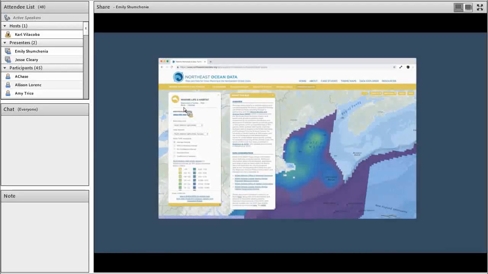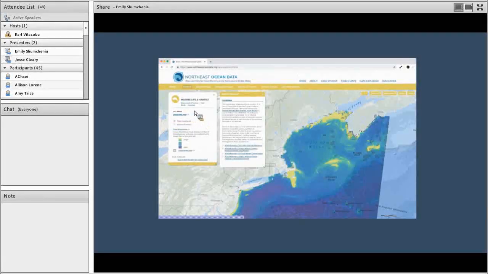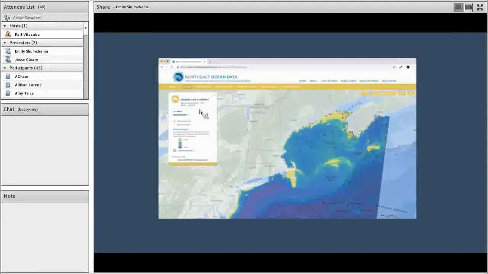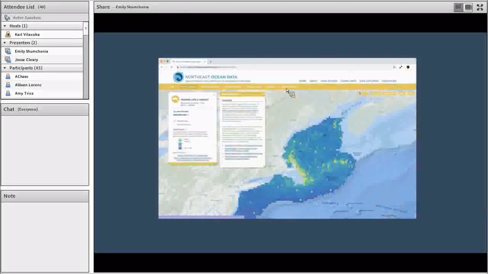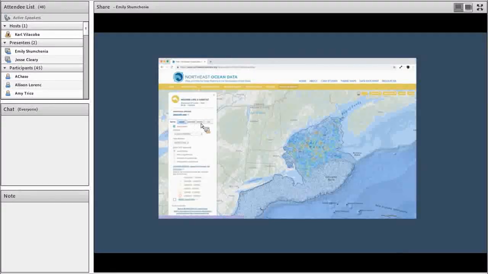And I encourage you to go through and look through these About This Map boxes as just incredible resources of information about the marine life taxa. Just to point out quickly that there's a real nice parallel structure among all of the marine life taxa, and the interface looks exactly the same whether you're looking at birds, cetaceans, or fish. Of course, with fish, we do have several more individual species products that relate to each of the trawl surveys